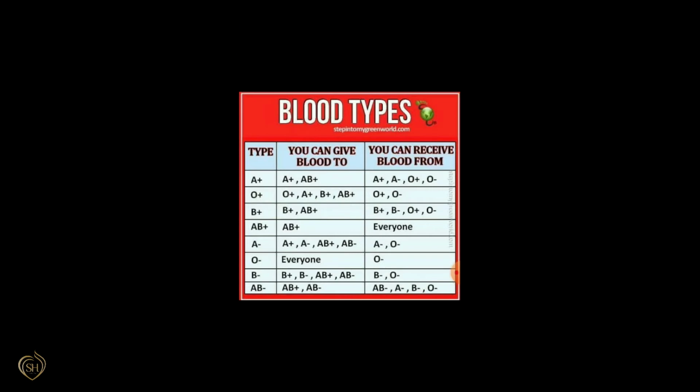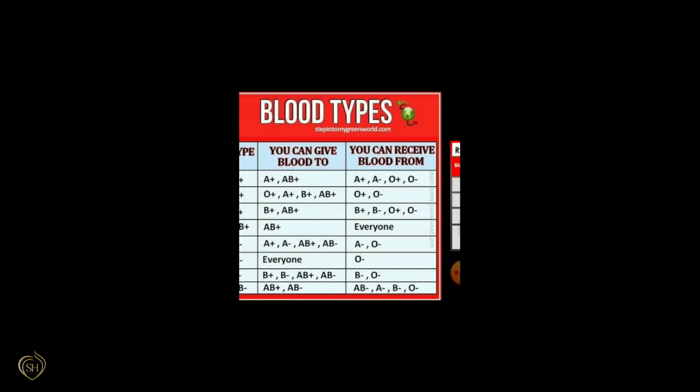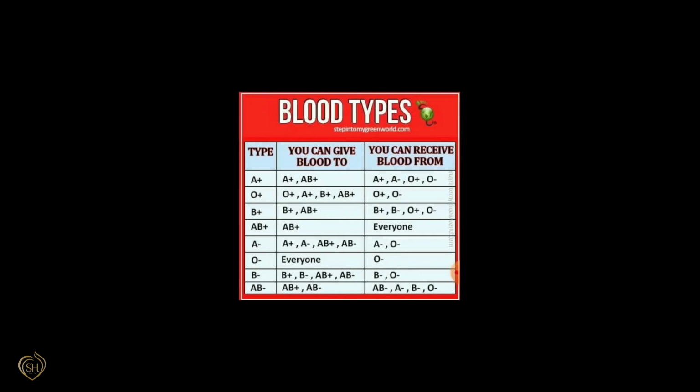That is why, observe the chart shown here. Here you can see that the blood groups are written as positive and negative: A positive and A negative, B positive and B negative, AB positive and negative, and O positive and negative. And according to this, once again look here, practically if positive blood is given to negative blood, it may cause certain problems the second time. So A positive can give blood to A positive and AB positive, not to the negative ones.